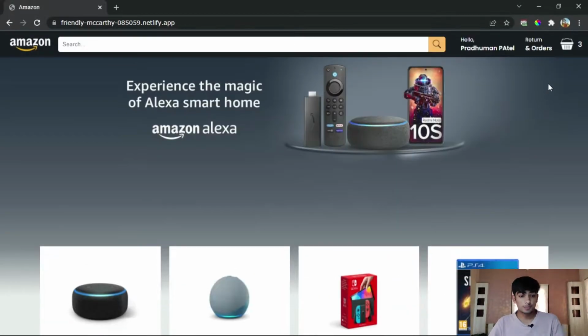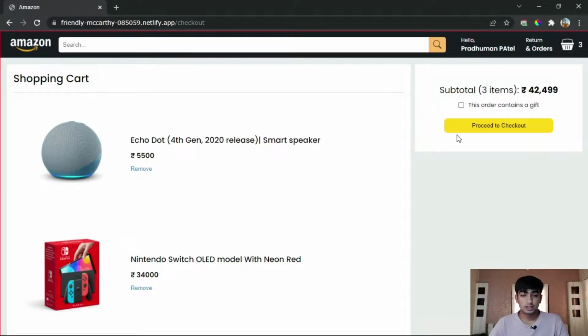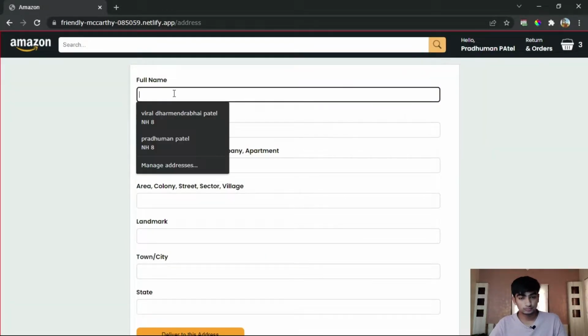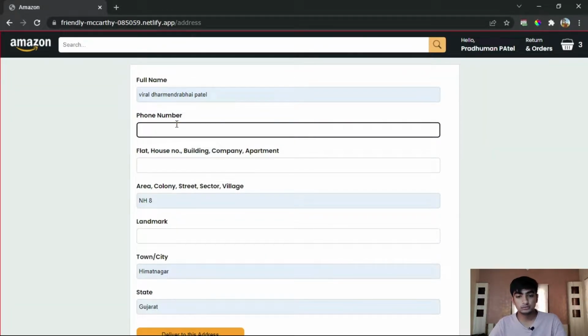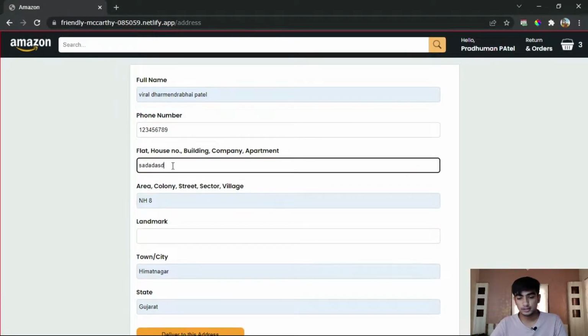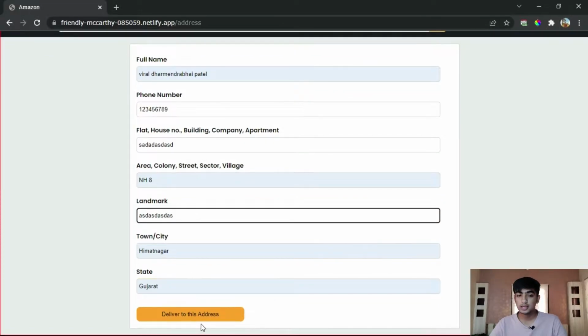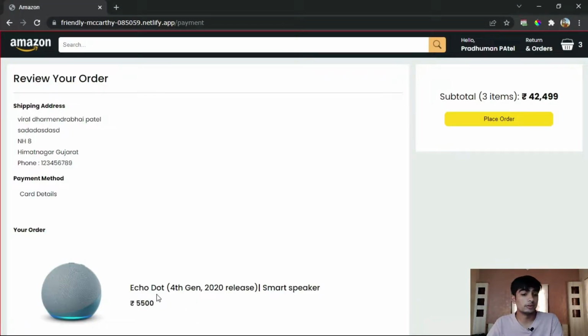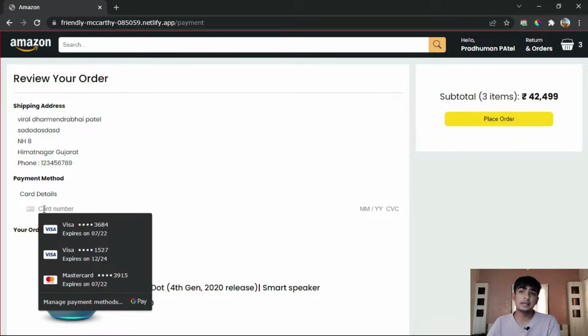and go to the checkout page and proceed to checkout, add the address here and mobile number, then flat number and anything that you want, deliver to this address, and we navigate to the payment. Here, this element, this card details, comes from Stripe. Here we are going to use the card element of Stripe to type our card number, CVC, expiry date